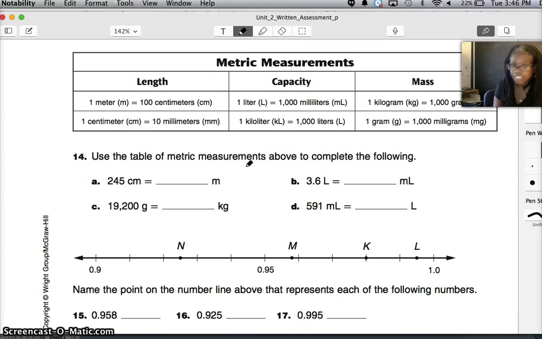At this point, we're going to look at these answers. If there are 100 centimeters for each meter, then that means if I have 245 centimeters, that's just 2.45 meters. In a sense, I'm dividing this by 100. If I know for each liter there is 1,000 milliliters, then I'm going to multiply this by 1,000, and I get